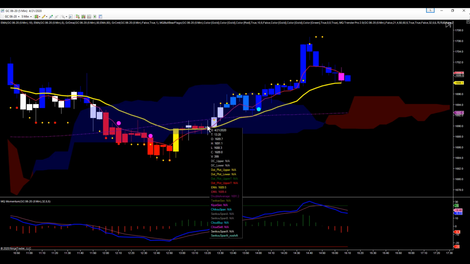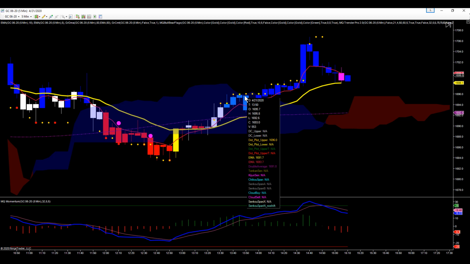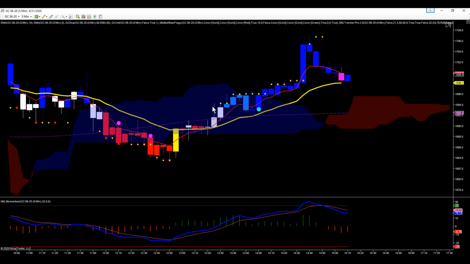Again, that triggered above 1691.10. And then we made this nice strong push up. You had a high up here of 1695.80, so a little more than $400 per contract potential, depending on how you were managing your trade. If you ended up taking profits and getting stopped out on this, we set up another nice bull flag right here. This bull flag pulled back to the 18 EMA, found support, actually triggered above